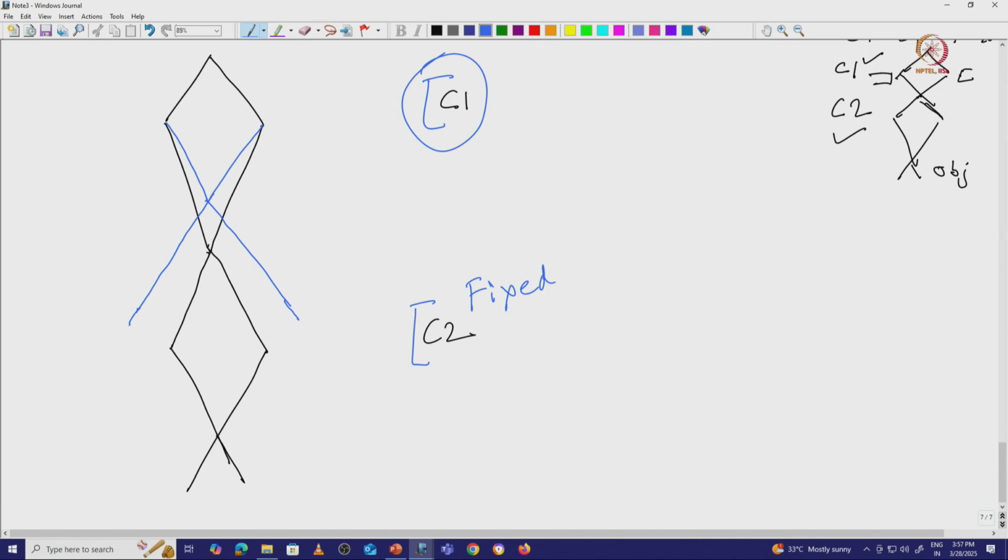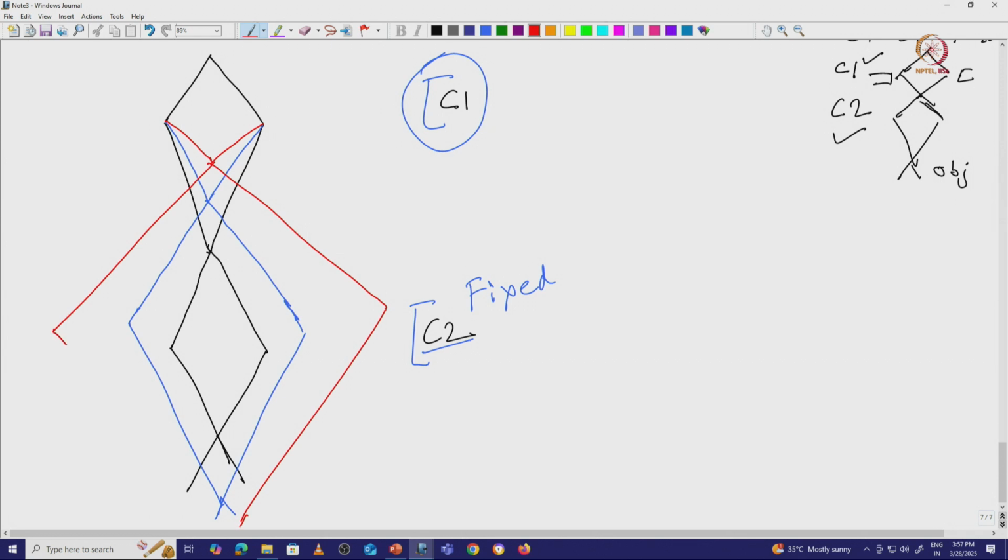Now if it is fixed, definitely this electron beam is more spread than the black ray, and the blue is more spread than black. Then, with the same magnetic field for the C2 lens, the converging point is definitely going to change. There is no doubt about this. So it will change like that. Now consider another ray, a red one. The red ray will come like that, spread more, and it is going to converge below the plane.